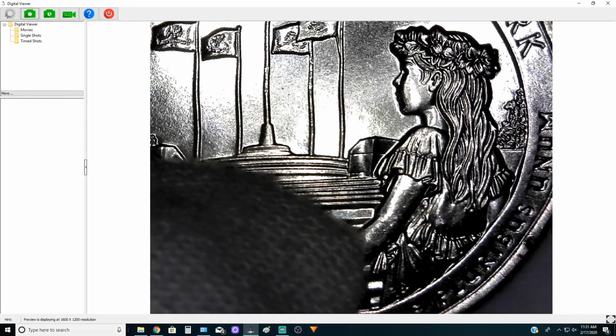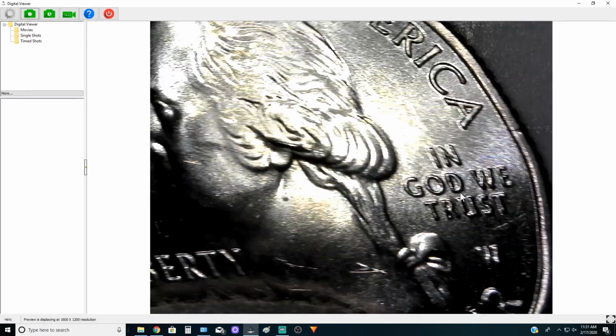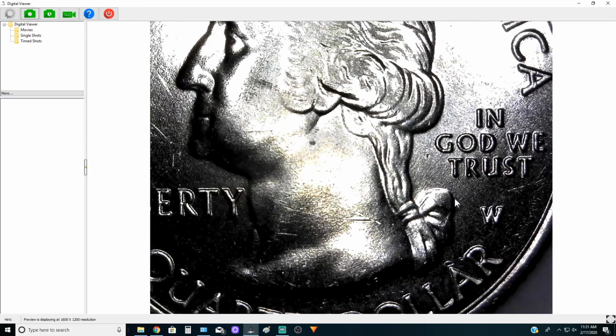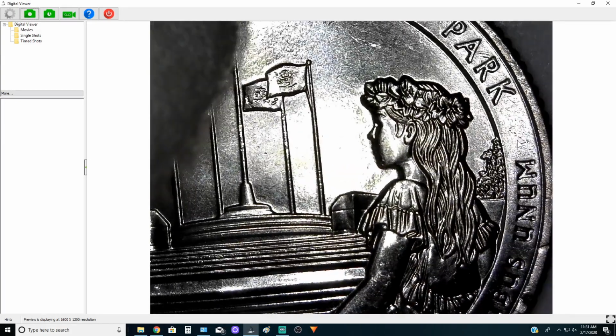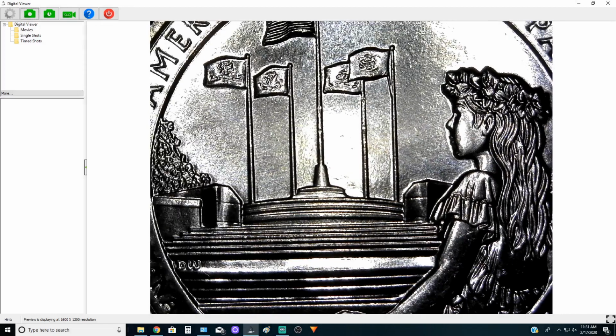But if you were to assume that these nicks right here weren't here, and a few less of these bag marks weren't on the cheek of Washington, you're looking at a mint state 65 or 66 coin. He's also got a nasty little hit right there. But, of course, they only struck 2 million of these West Point quarters, so it's not as easy to find a really nice example of these